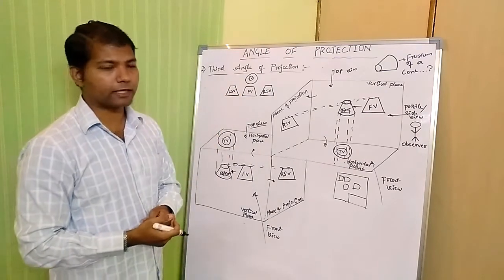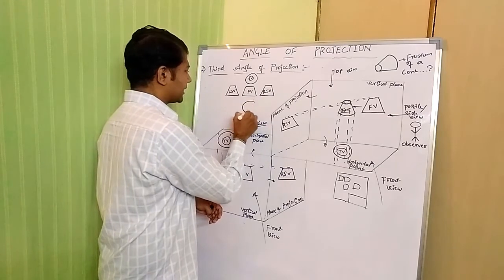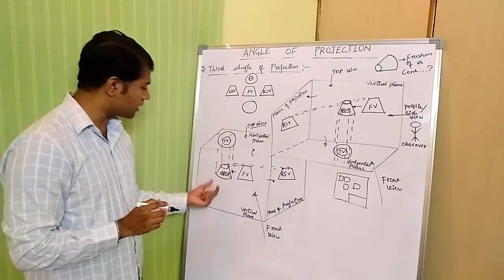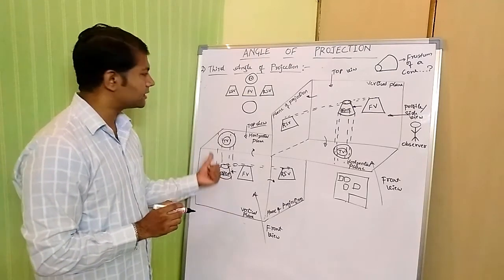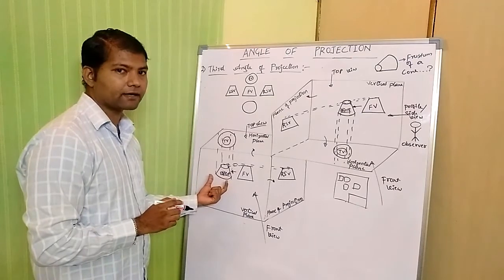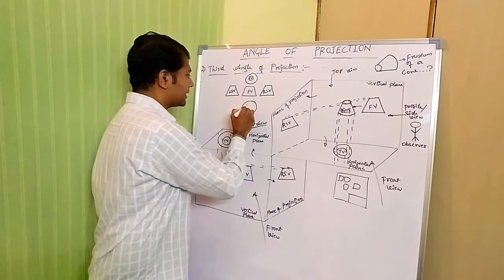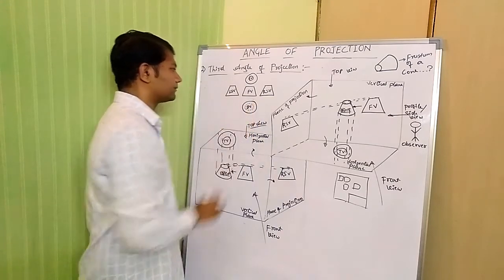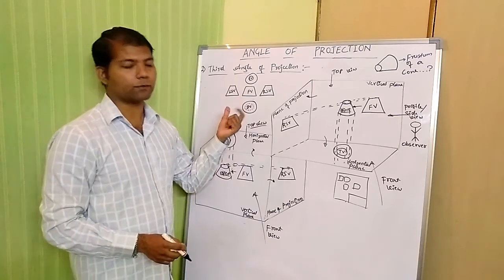And where is the bottom view placed? The bottom view is placed at the bottom. If you are taking a bottom view, consider there is one more smaller circle because you are viewing the object from the bottom. That's why first you observe the major diameter of a circle, then next you observe the minor diameter in hidden form. That is a bottom view. So this is how we take the positions in the third angle of projection.